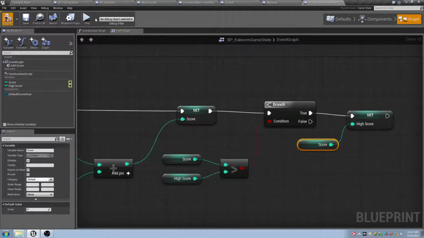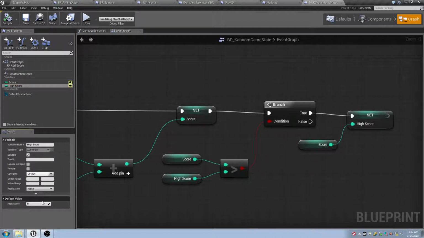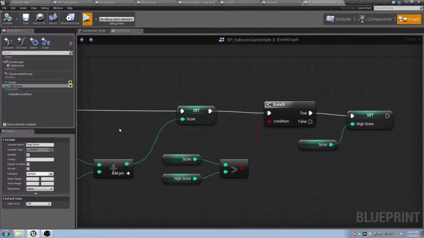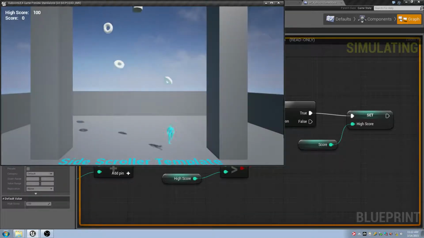Now the high score will update whenever I score higher than that. Let's just set the high score value to be, I don't know, 100 by default. So in the top left, you should see 100 is my high score, and it stays 100. And as soon as I get enough points,